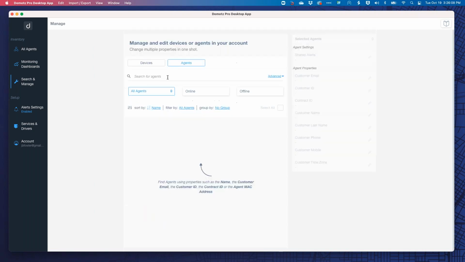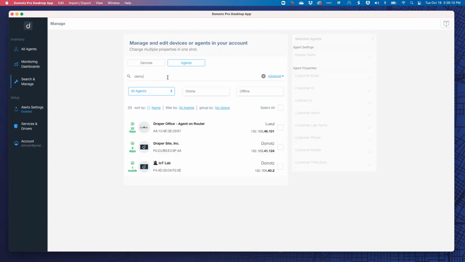In fact, let's say you have a particular customer that is named Demo for whatever reason, and you want to go in and change their name, maybe they changed their name, or you want to make an adjustment to their agents as a whole. You can do that even at the agent level. It's important to note that any shared alerts that you want to push between your